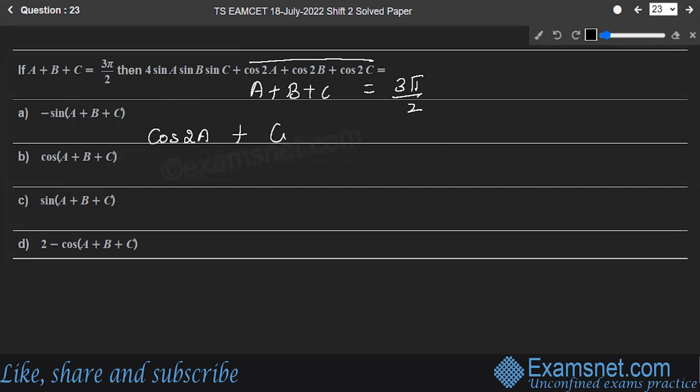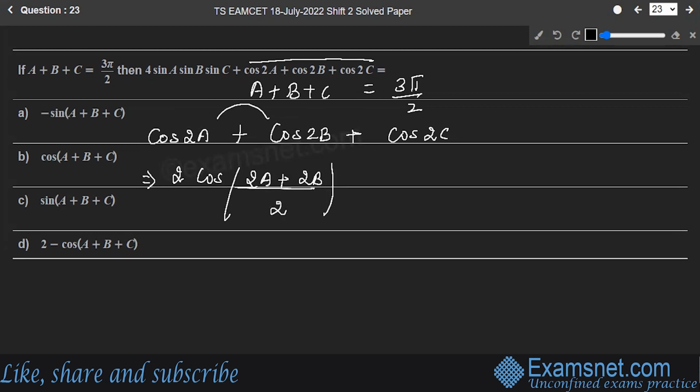Cos 2A, cos 2B and cos 2C. This is equal to, so I'm combining them, cos 2A plus cos 2B. This is written as 2 cos (2A plus 2B) whole divided by 2 into cos (2A minus 2B) whole divided by 2